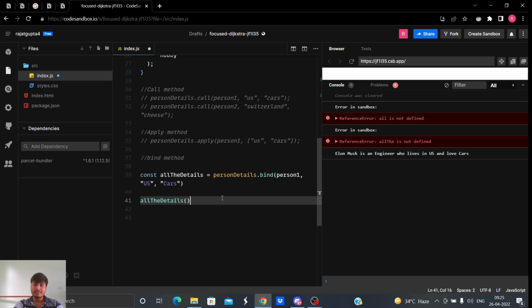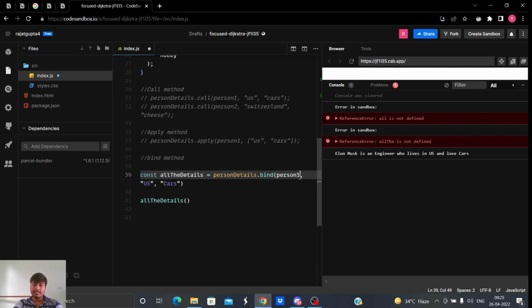So what bind does is it does not execute the method immediately; it gives us a copy of the method along with a particular object.